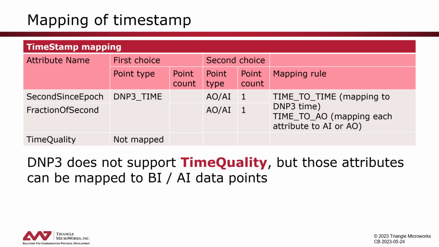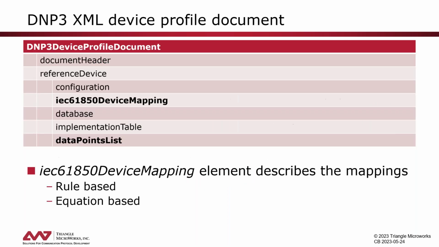Now that we have seen how the 1815.1 standard is built up, we will talk a little bit about the DNP3 XML device profile. The DNP standard defines an XML-based way to describe the device profile, which contains multiple sections. In the mapping standard, one section is added, called the IEC 61850 device mapping. This section, together with the section of the profile that defines all the data point lists, can be used